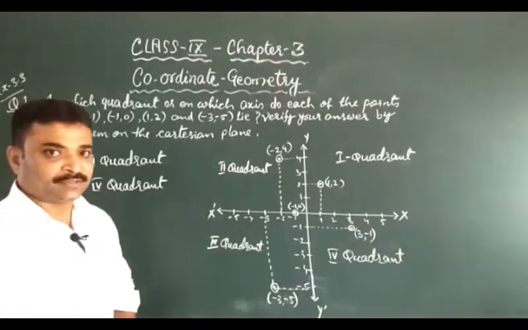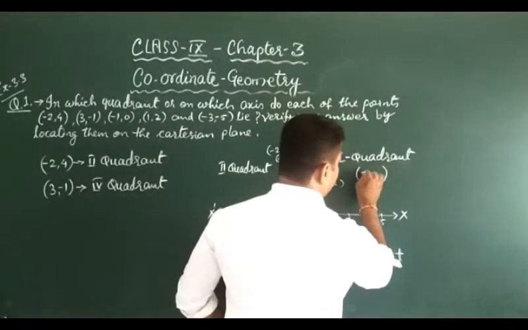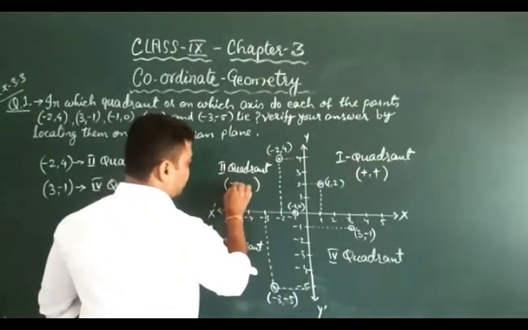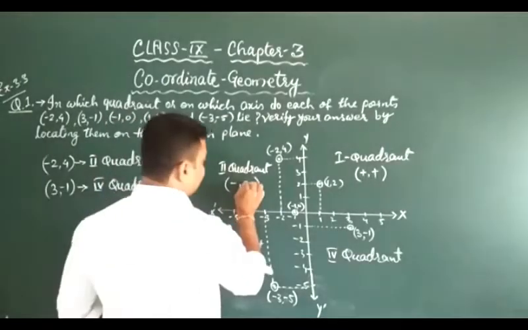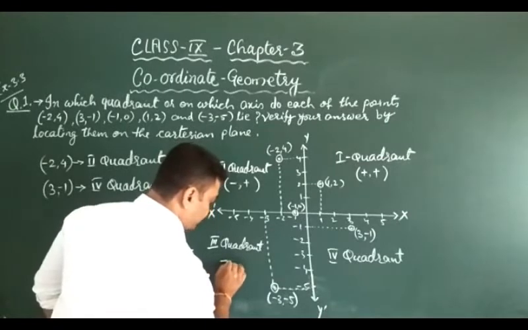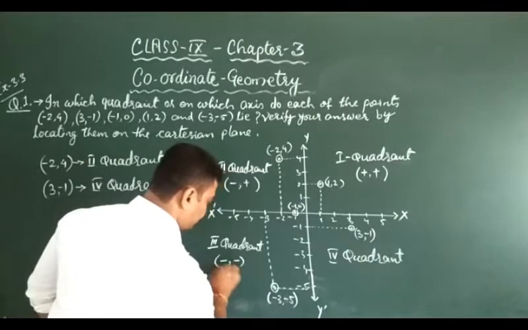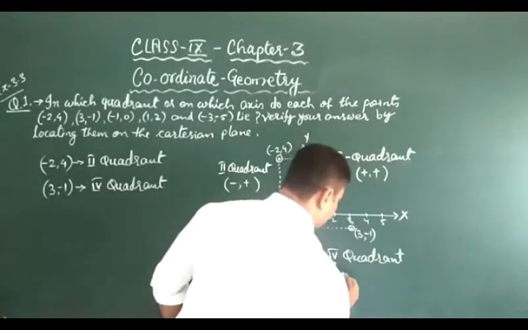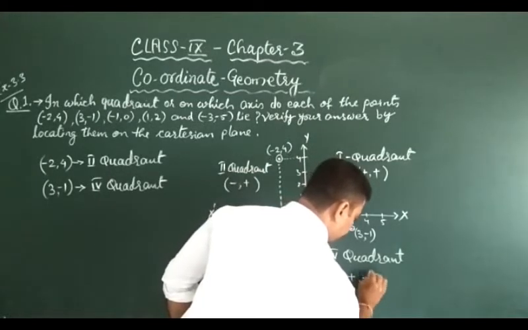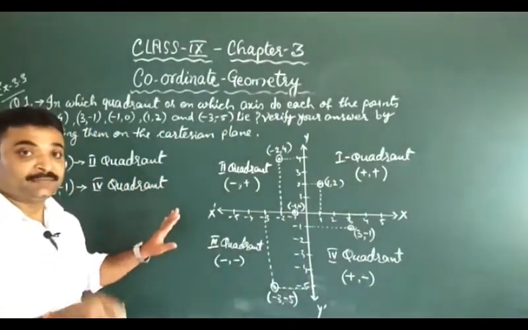Students, एक चीज और हमने पढ़ा था, क्या? In the first quadrant, both the coordinates must be positive. In the second quadrant, the first coordinate will be negative and the second coordinate will be positive. In the third quadrant, the first coordinate is negative and the second coordinate is also negative. Both the coordinates are negative. And in the fourth, the first coordinate is positive and the second coordinate is negative. हम इसके थ्रू भी हम इस पॉइंट को बता सकते हैं कि कहाँ पे ये लाई कर रहे हैं.